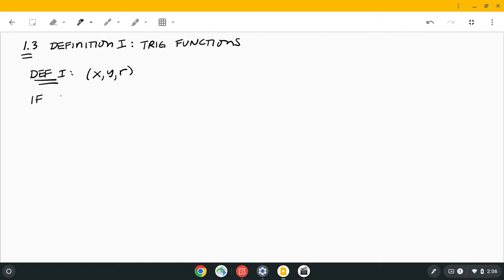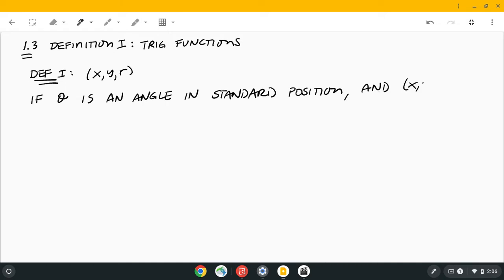Alright, so if theta is an angle in standard position, and xy is any point on the terminal side,